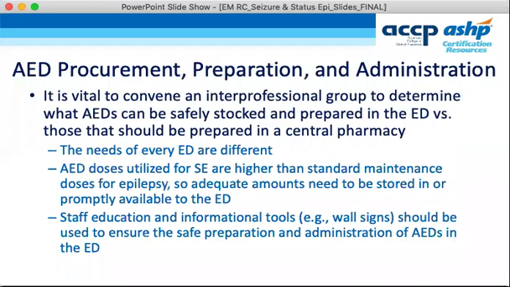But not every ED is created equal, right? This depends on how your ED is set up along with your hospital. Are you a standalone ED? Are you an ED with pharmacy service 24/7 in ED? Maybe you're at a hospital that doesn't have 24/7 in the hospital, okay? Are you in an ED that treats both pediatric and adults in the same ED, or is there a separate space and separate